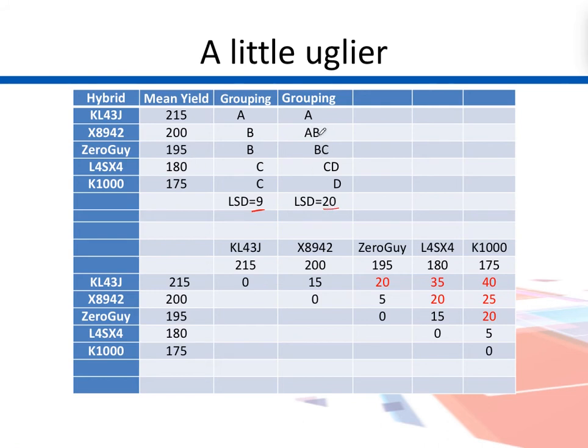In the same way we compare the second one with the third. So this gentleman has a letter A, that means it was sharing the same group with the first one, but when we take the first and this third one, they are different from each other, so we gave him letter B. Now we compare the second and third, so they look similar because the difference is 5, so we assign them the same letter B.